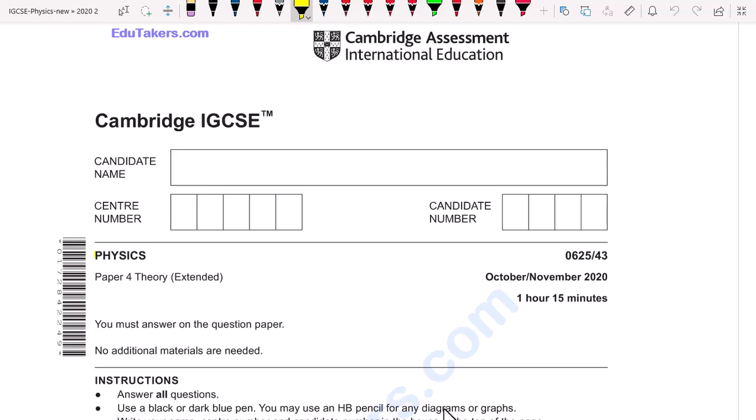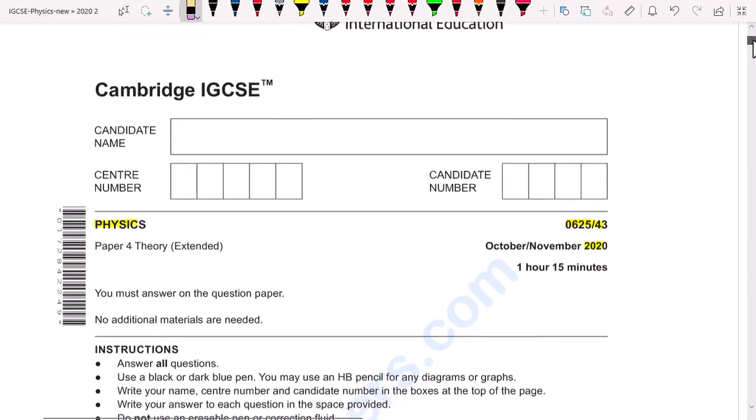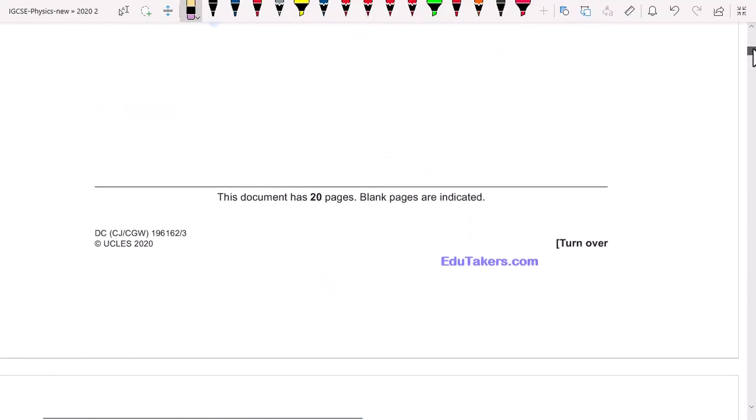Today we are going to solve Cambridge IGCSE Physics Paper 4 Theory Extended, held in October-November 2020, and the paper code is 0625 with variant 43. Question number 1 is given as